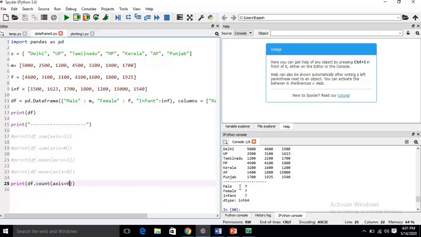But you see here 7 rows. Okay, this is your output.